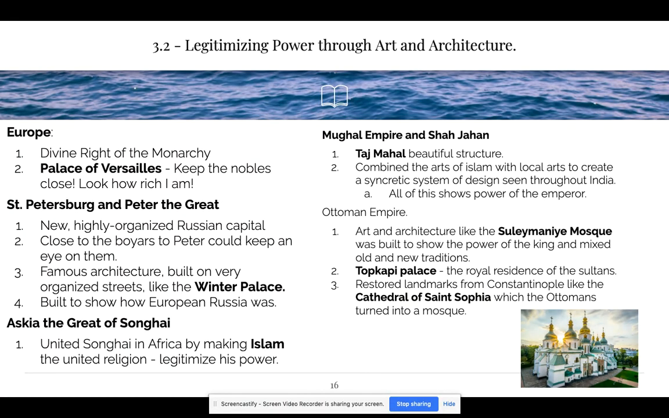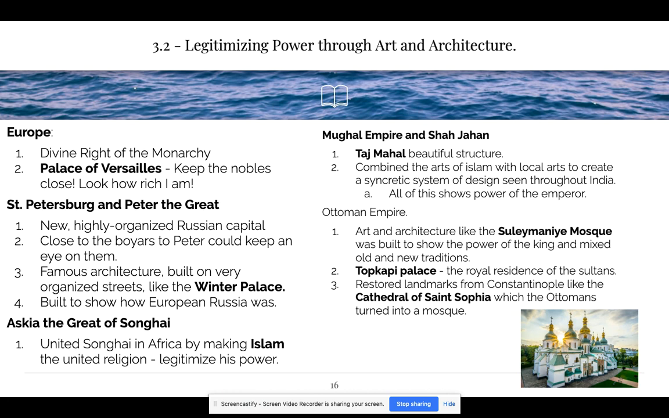Now, I'm very quickly going to talk about art and architecture. This is a common theme that we see throughout. Europe uses the divine right of the monarchy. Places like the Palace of Versailles keep the nobles in check. Peter the Great built St. Petersburg. He moved the capital sort of west because he wanted to be more Western, built these beautiful monumental structures